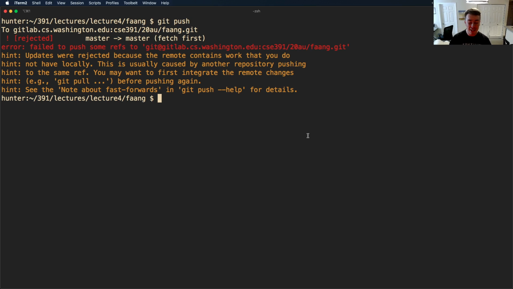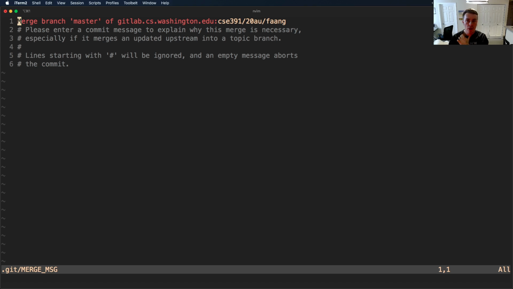The way we do this is it's the opposite of a push. We want to get the changes from the remote, from GitLab. So we do a pull. Pull says, give me all the changes that I don't have quite yet from GitLab and bring them into my version history. If I do a git pull, it does this thing saying, oh, you want to make a merge